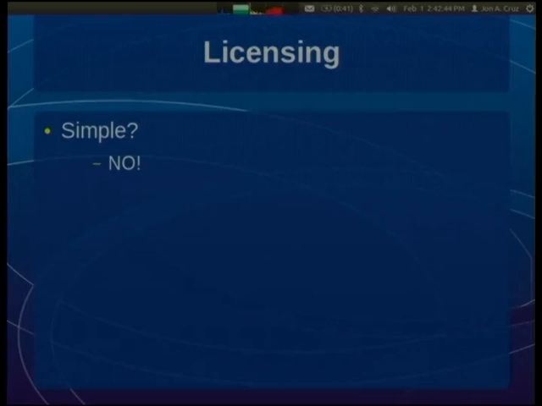Is licensing simple? No. Now, if you need more than that, just look around at most of the people here in this room or just some of the other presentations that go on here. There are some really good ones, different times by different people, that can fill you in on the details. It is not simple. So can we just ignore it? No, unfortunately. We want to be conscientious people. We want to do the right thing, even if we think other people are doing the wrong thing,